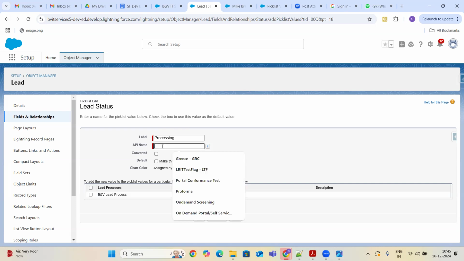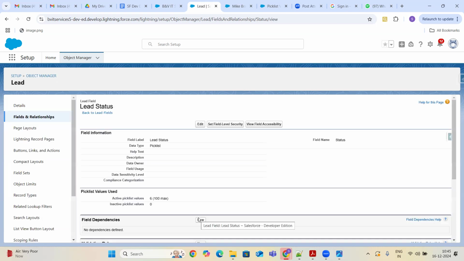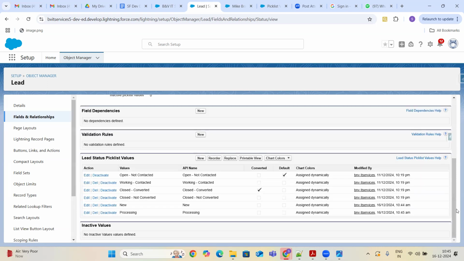I'm just giving some test values, guys, but in your projects, they will ask you. So I'm going to add this. We have given the different leads. So right now, these are the 6 values which we have.